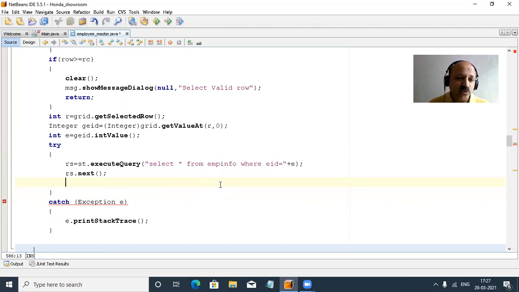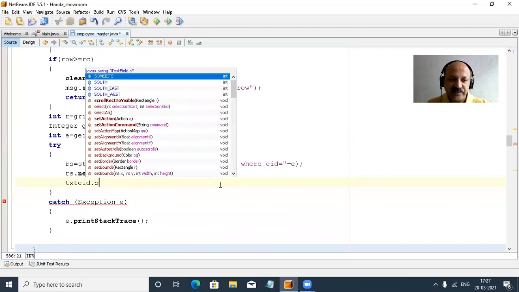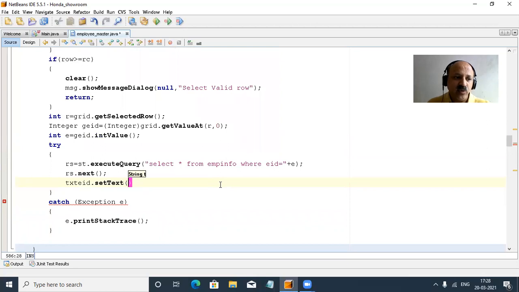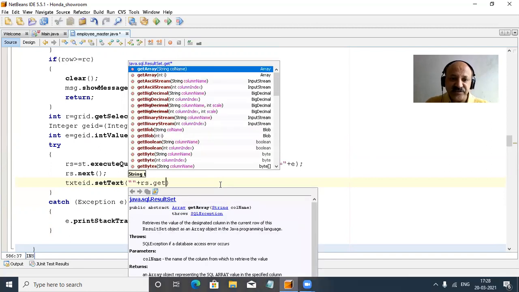Okay, now what to do? First our field, that is a text box, txtEid. We can say setText, and now we can bind. That is a double quote plus, and rs.get.